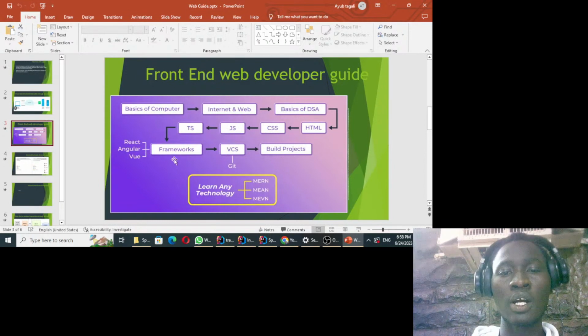All right. And then after you have understood all these programming languages, now it is time to start building projects. Maybe formulate a project and build a learning management system or a student portal, or maybe build a simple e-commerce platform, or maybe build a very simple hospital management system. So with this, you can start building projects.